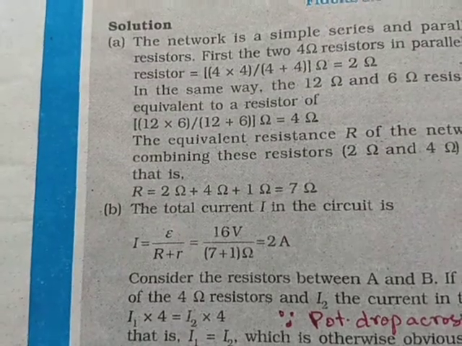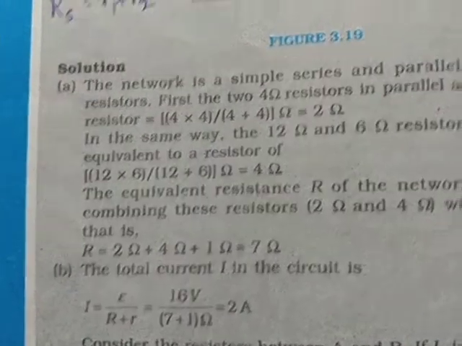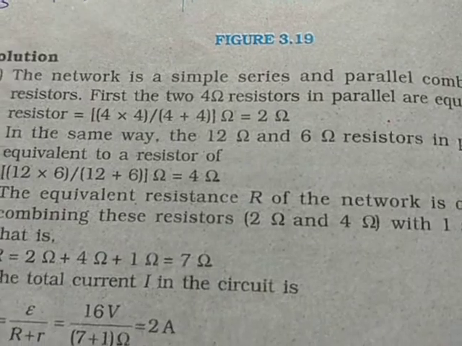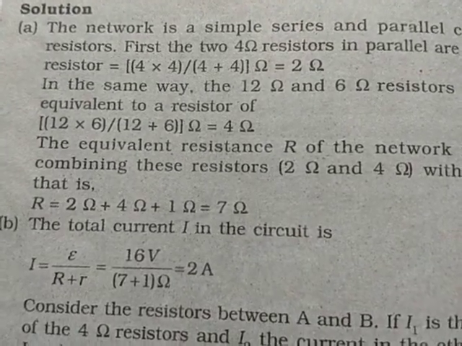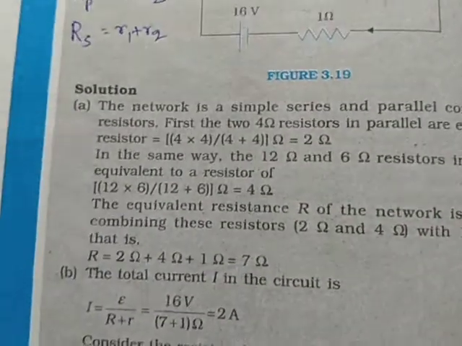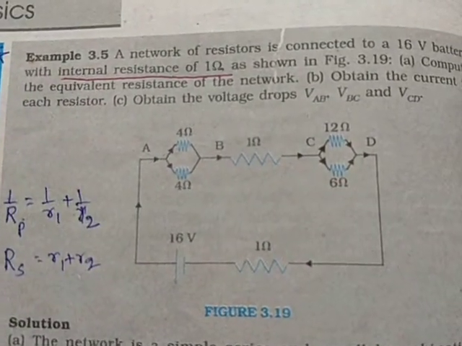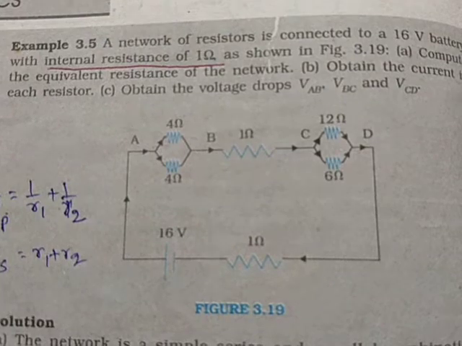We get it equal to 4 ohm. So that is how we have found the equivalent resistance of these two parallel combinations between AB and CD,